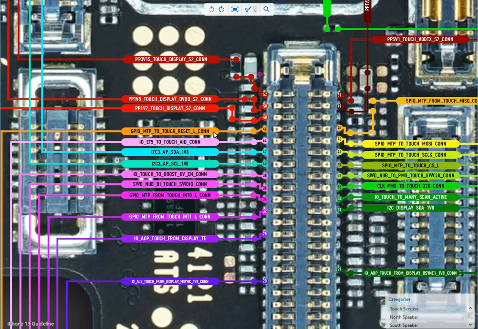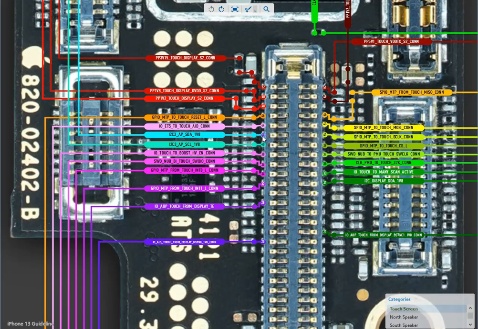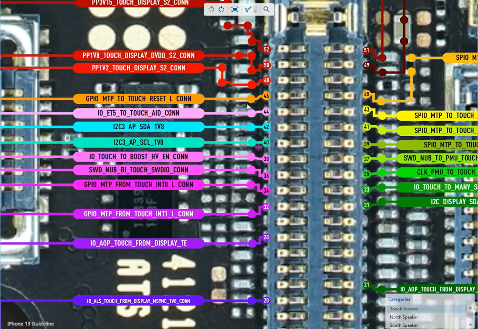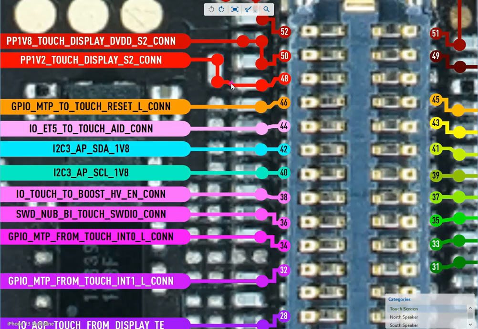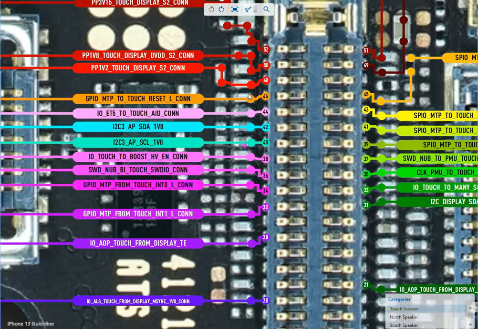The most common reasons behind iPhone 13 touchscreen failure are touch IC damage, loose LCD connectors, faulty display, or software glitches. If your iPhone 13 is not responding to touch, randomly freezing, or experiencing ghost touches, follow the step-by-step guide